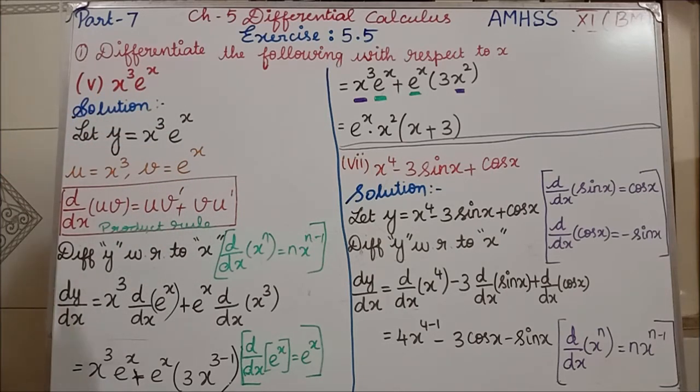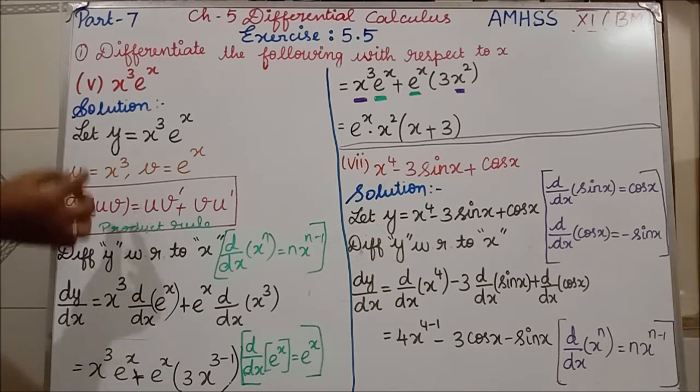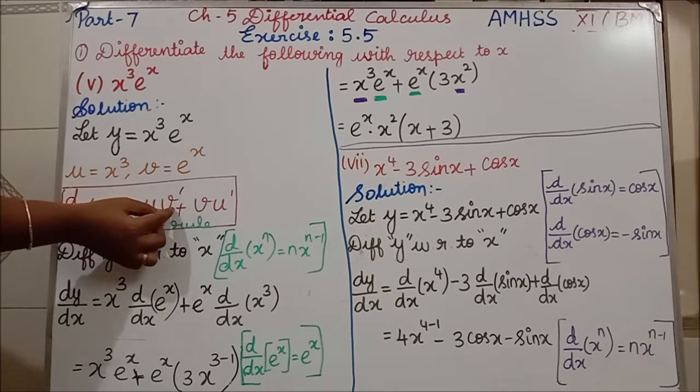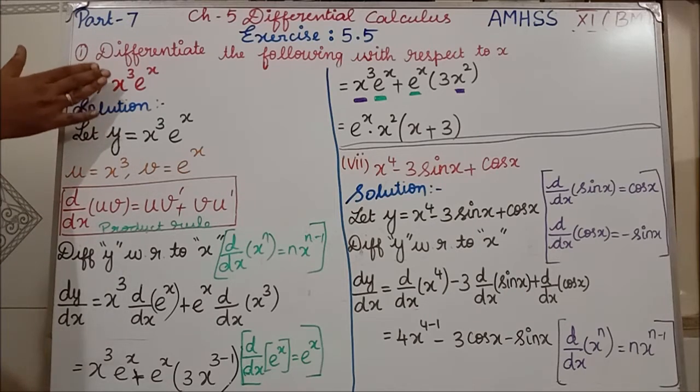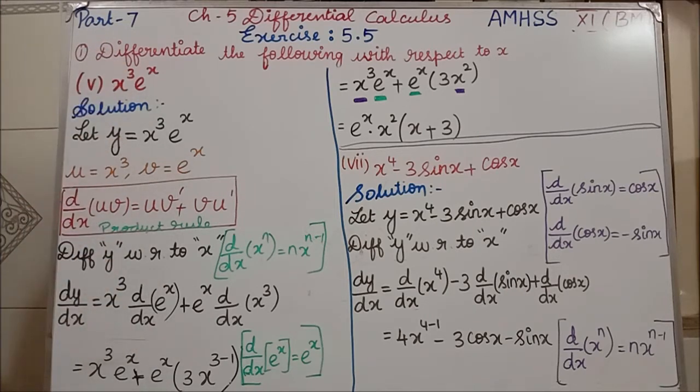Clear? Here we are having two variables, both of them in a product. So which means we have to go for only the product rule. So the product rule formula is this only. U, V we are having. So the first value you take as U and the second value we are going to take as V. See, in the first step what we have to do, we have to differentiate V. By that time you have to keep the U as such. You should not do anything to U. What is given in the question as U, the same thing you are going to keep. Clear? Shall we start now?